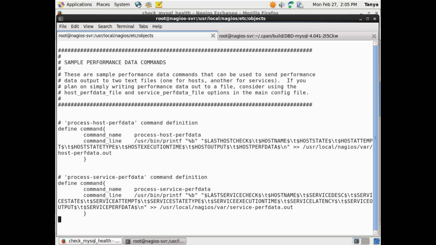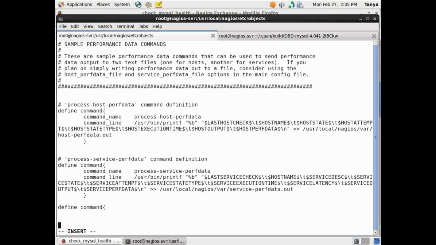So I usually go towards the bottom, and you can define, and we're defining a new command. If you look at some of the previous examples, you see the standard format of defining a command. We say define command, open bracket, close bracket, and we give a command name and a command line. We type in the command name, and of course this is very syntax specific, so be sure you watch your cases and everything. You can call it anything here, but I'm just going to call it